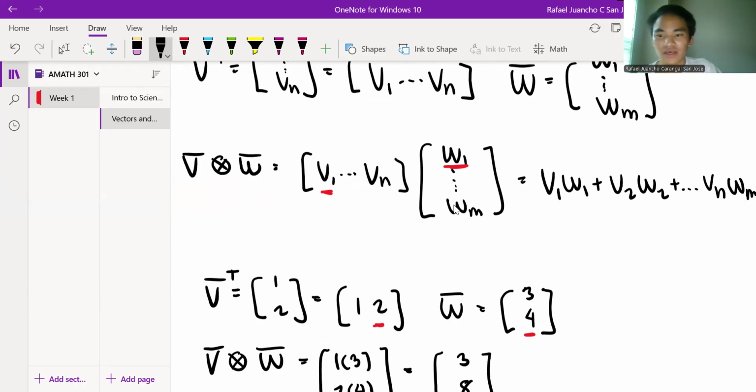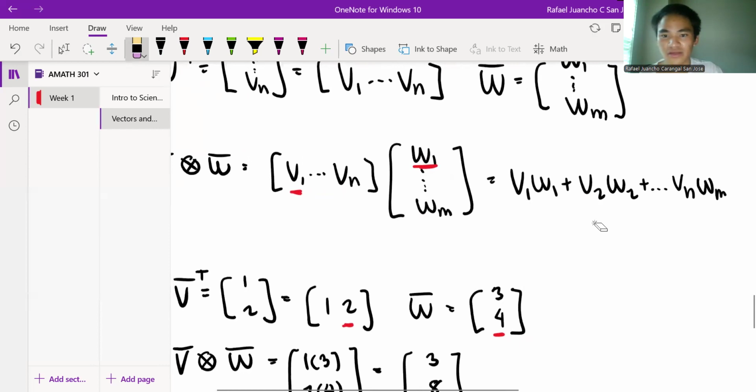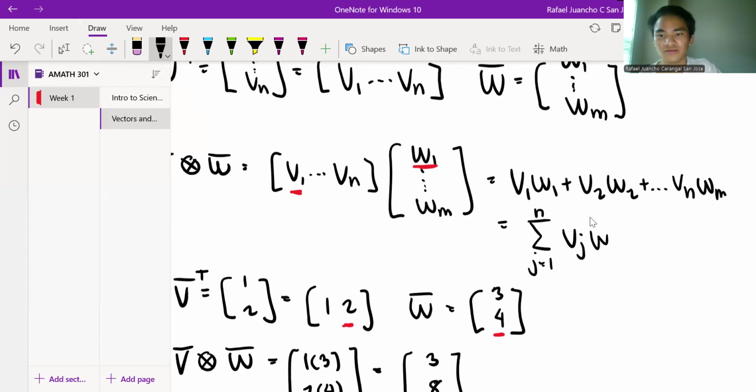We assume that n is equal to m, because if that's not equal, then that's not possible, right? So we can write it in summation, all the way to, let's say n, doesn't matter. j starts at 1, so we have Vj Wj. So that's our summation,